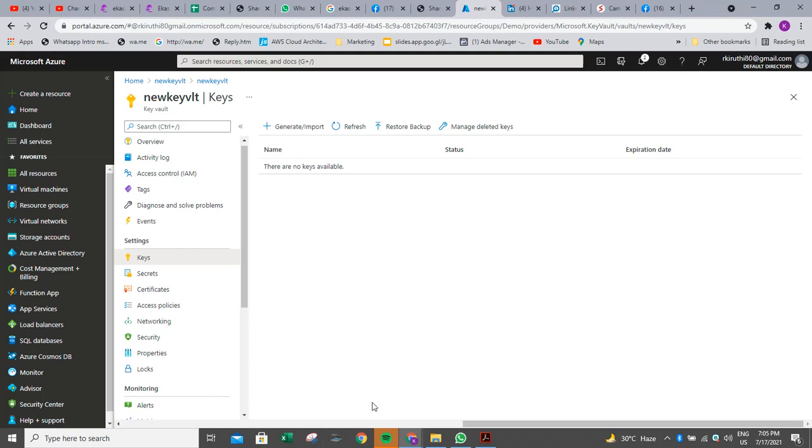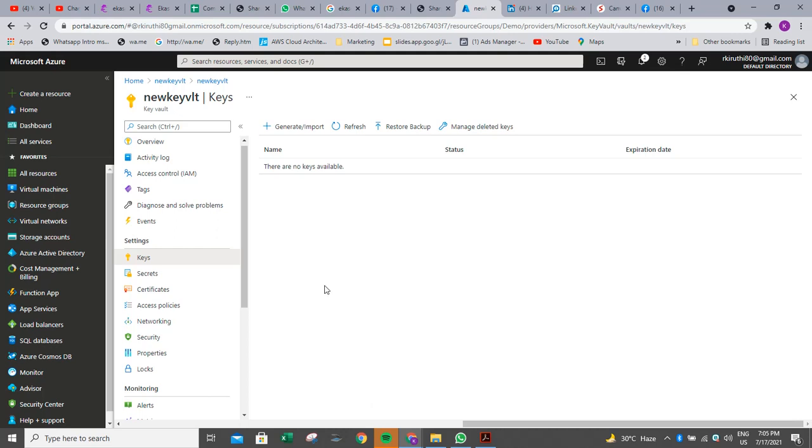So the key vault will become a part of it. Every user and app making a request will be known to Azure Active Directory. There is no support for anonymous access to a key vault. Next comes the authorization.